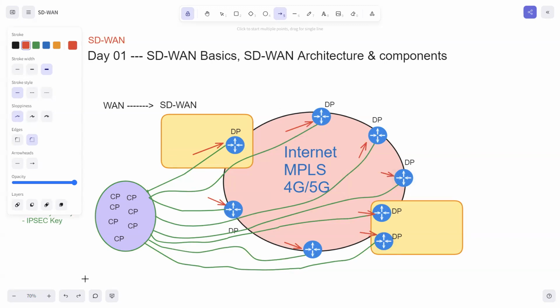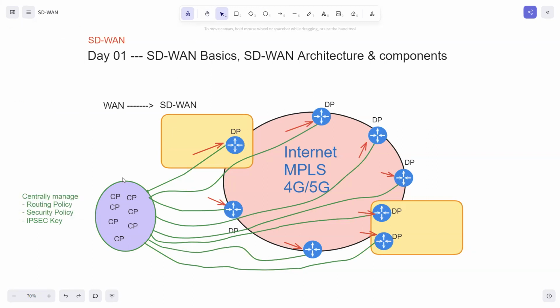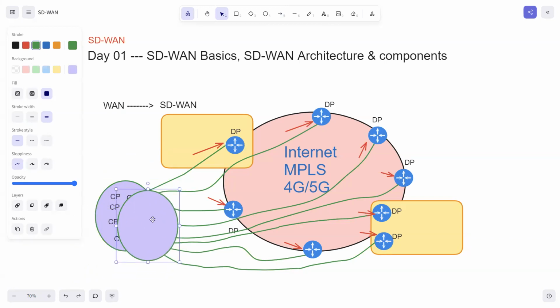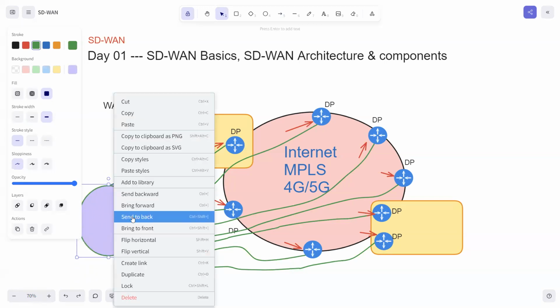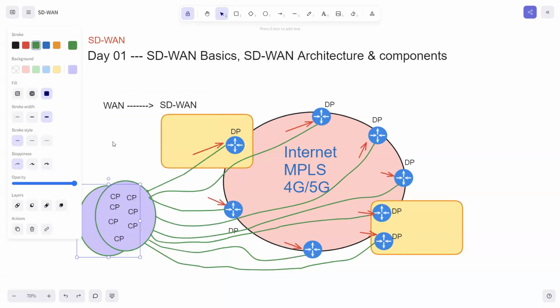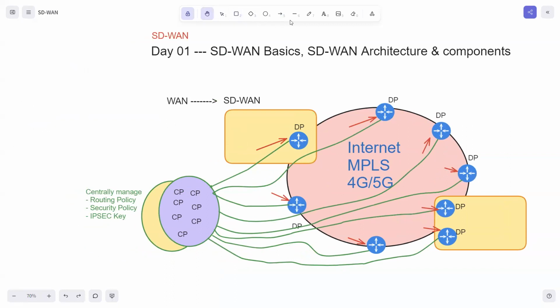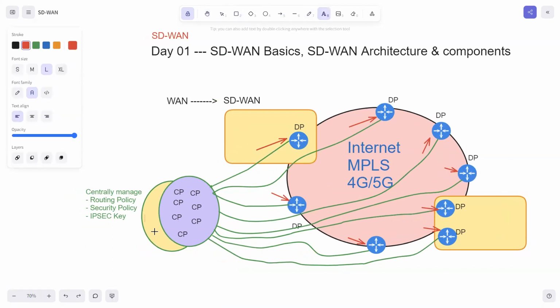So that means my operational overhead will get reduced. Why? Because I have to go to the controller and create the policy once, and then I can push the policy to all the devices. So here I'll add one more overlapping circle below, and I'll change the color for this circle, a green type of circle. Think of this circle as a